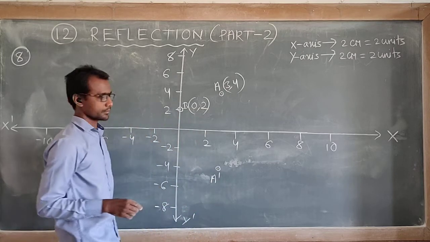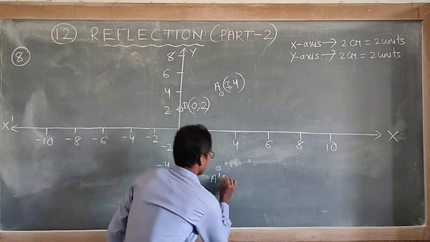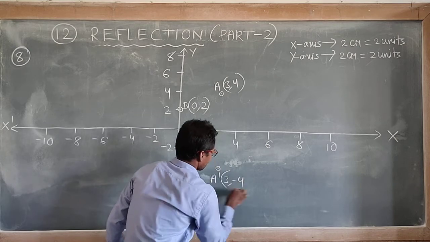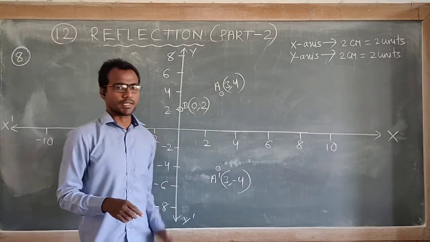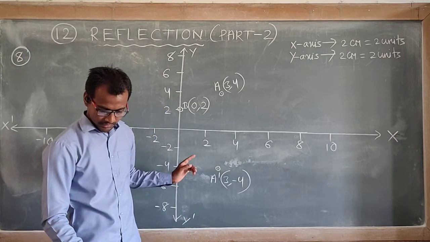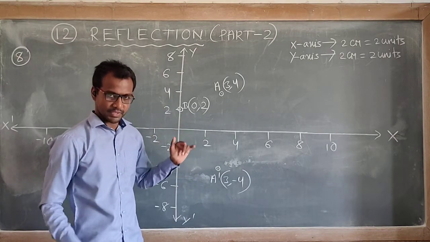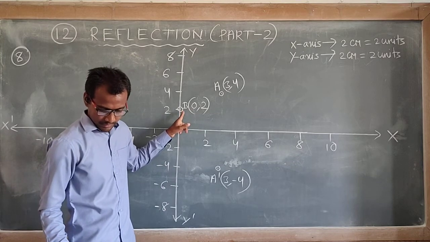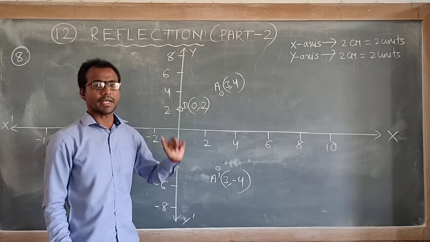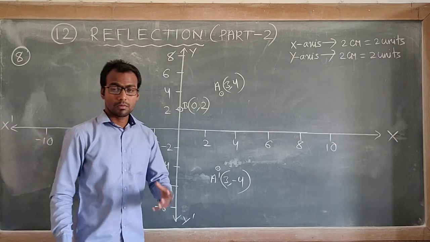This is radius 3, minus 4. This is the image of A when reflected in the x-axis. B dash is the image of this point B when reflected in the line AA dash. Okay. Now